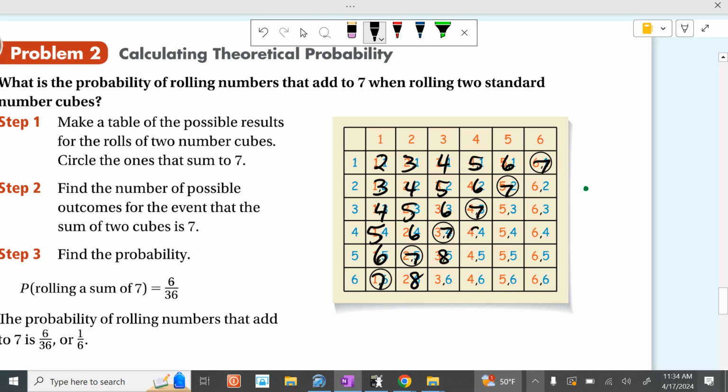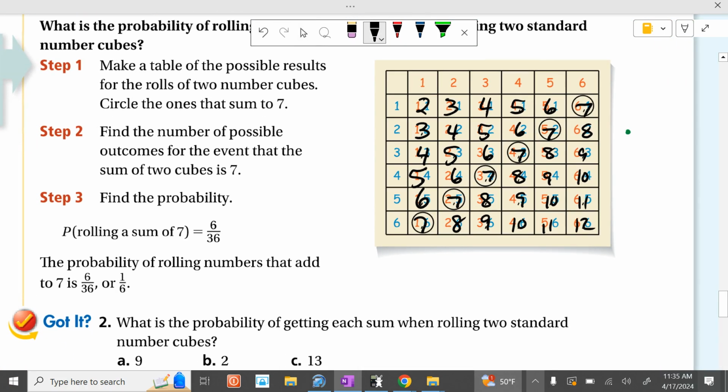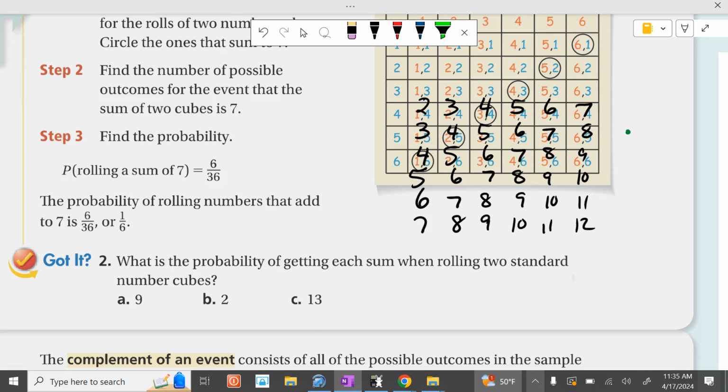And 8 is back down to 5 out of 36. 9, 10, 11, and 12. So the probability of rolling a 12 is you've got 1 chance out of 36. Okay? And so on. So if you make a chart like this, this can help you figure out what the chances are. So